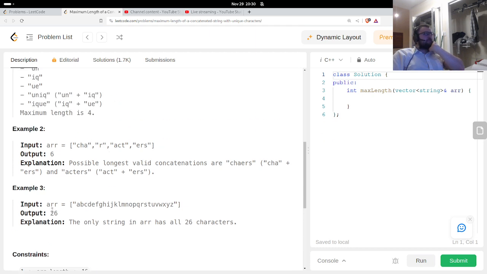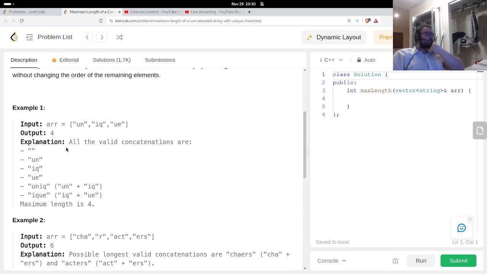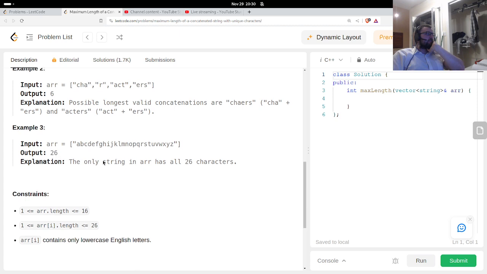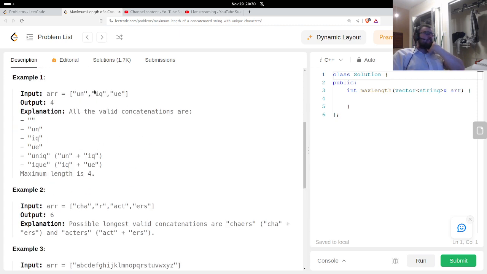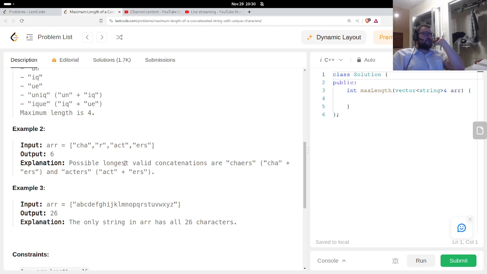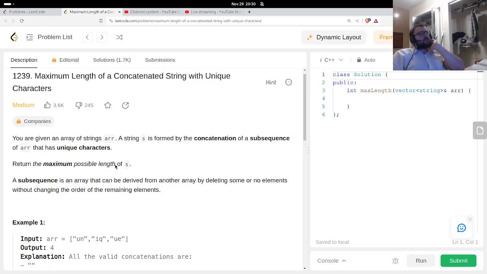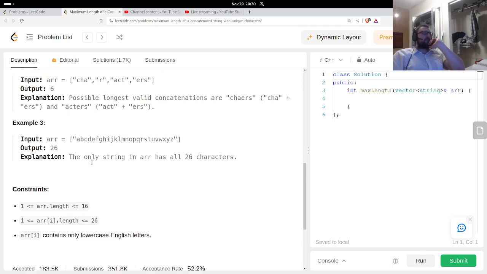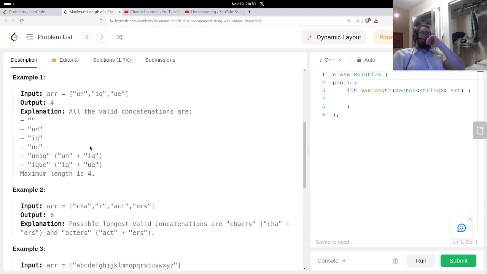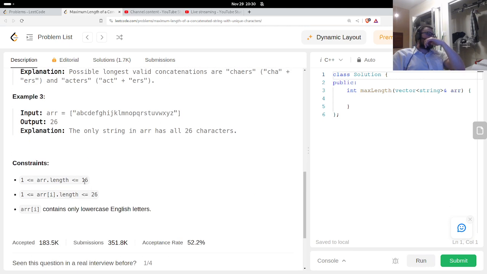I'm also tempted to just try to see if you can get each number. So if it's possible to get at least 1, and then 2 and 3 and so on. Because 26 is not that many. There aren't that many unique characters to deal with. I'm pretty sure there's a much faster way to do this, because 26 is very small. All these numbers are really small. 16, 26, 26.